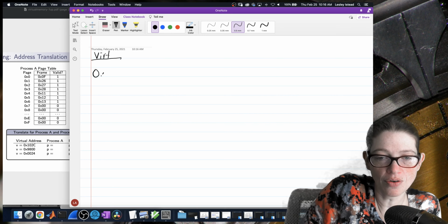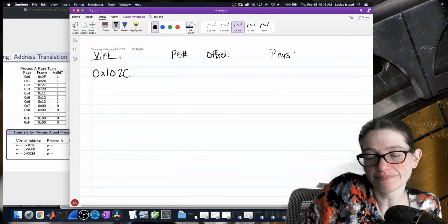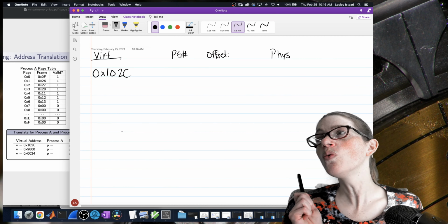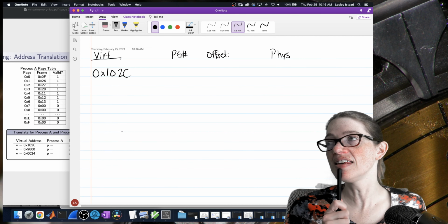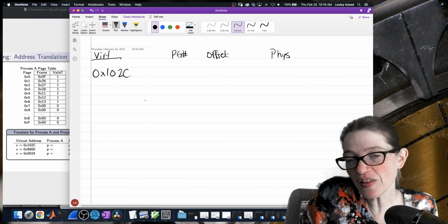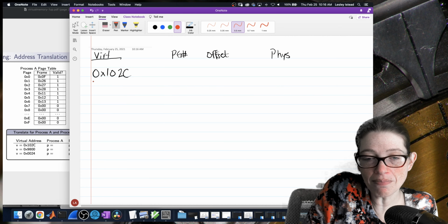So 0x102C. And we should calculate our page number. And here's our offset. And then the physical address we'll put here. So what is the page number for 102C? So we know that the page number is the highest 4 bits. Now remember that this address is presented to us in hex, and what this address really is in binary